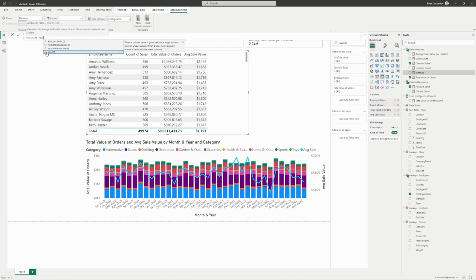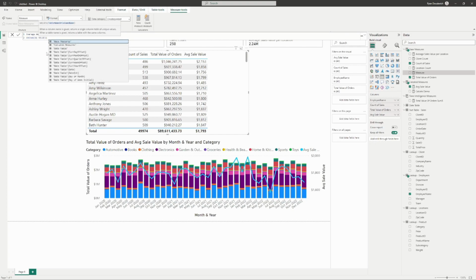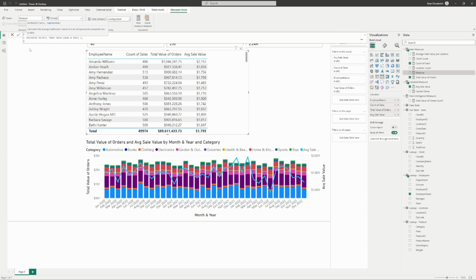But this time, the table that we're going to be on is the date table. So this time we're going to take the values on the date table, but not of the date. If we do it by date, that will give us daily. We want to do it by week. So let's go the values of week and year, and then our expression of count